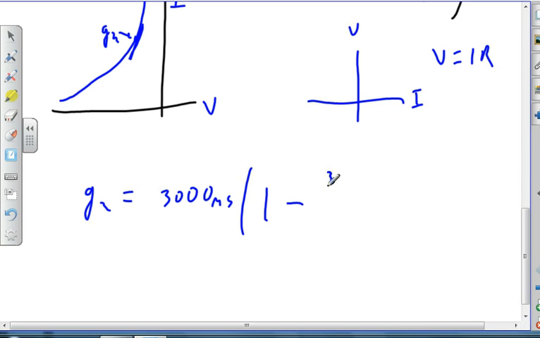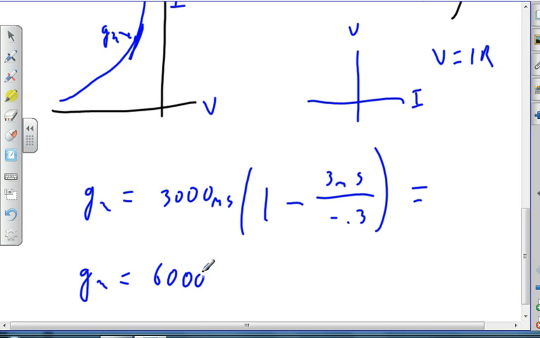If I go 3 millisiemens divided by minus 0.3, I think that's going to get the smallest that I could possibly have. And then if I look at 6,000 microsiemens, 1 minus